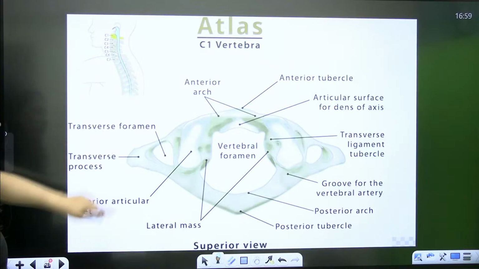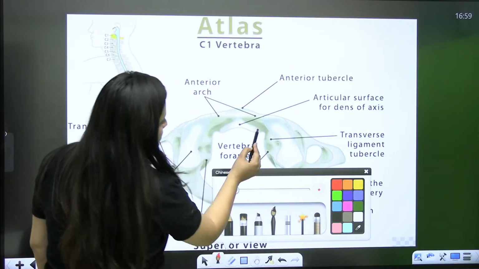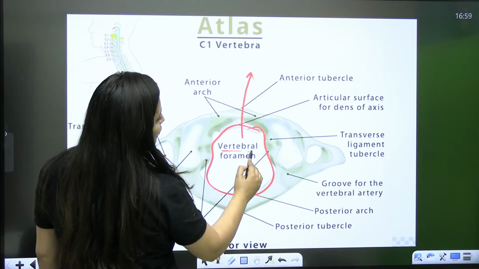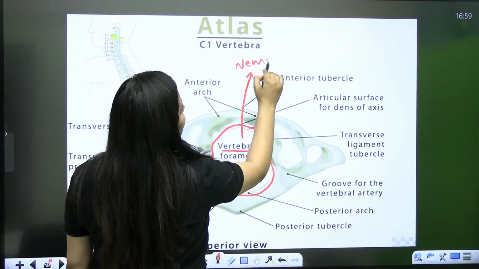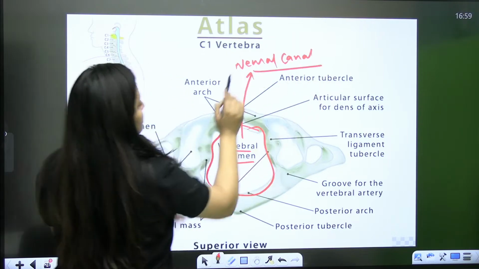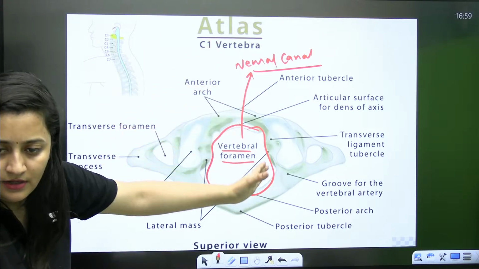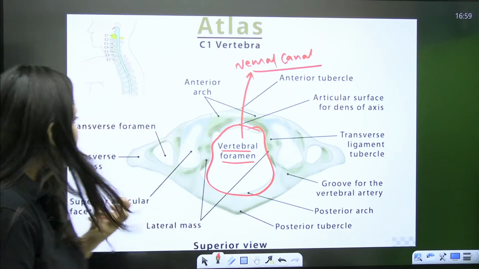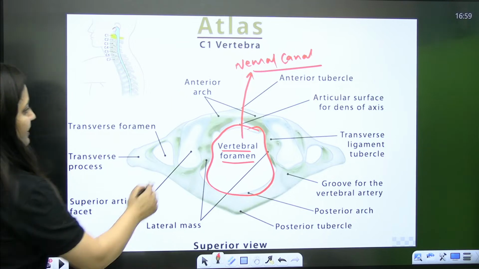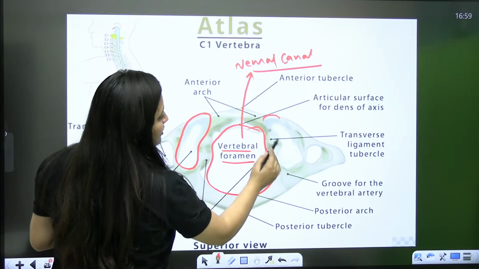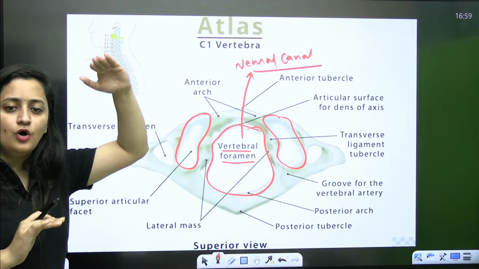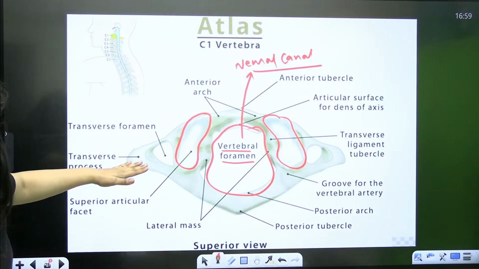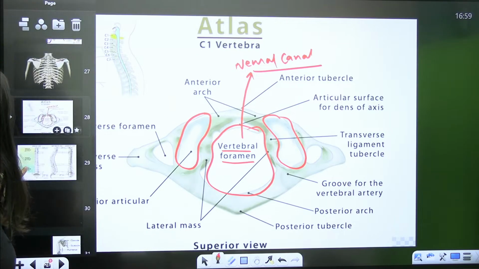So look at the first vertebra. Can you see the space here? This is your vertebral foramen, also known as neural canal, and your spinal cord moves through this. So the vertebral column is the bony part which is protecting the spinal cord. These are the points to which the atlas will get attached, the condyles of the occipital bones. Understood? So it's the first cervical vertebra.